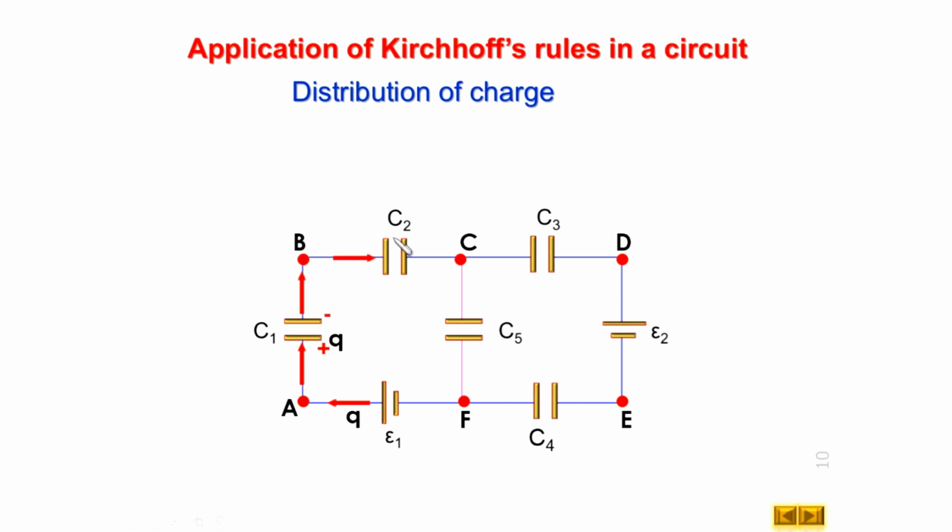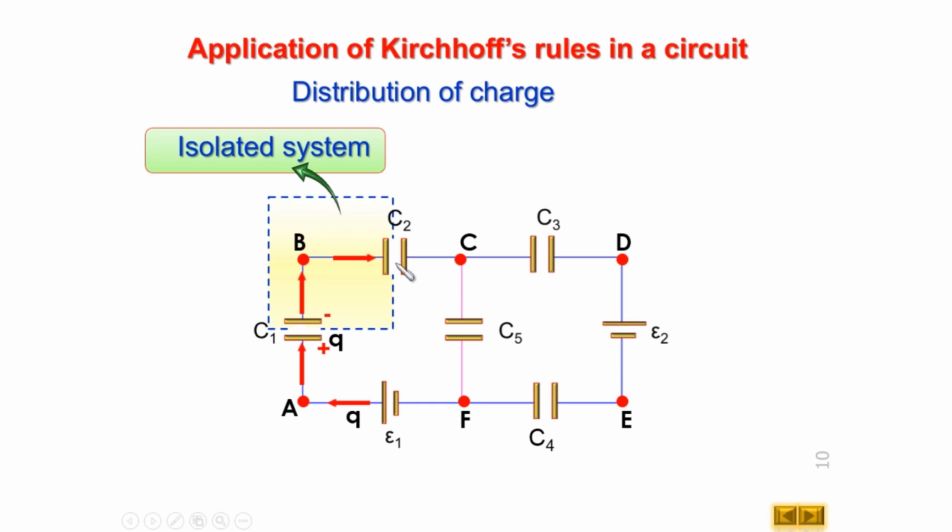Now we can observe here, this plate, that is the upper plate of C1 and the left plate of C2, is forming an isolated system. And we know in any isolated system the total charge should be 0 if the initial charge is 0, because we know initially these plates are uncharged. That means after supplying the charge through the battery also, the total charge of this isolated system should be 0. So we know this charge is minus Q. That means the charge on this plate should be equal to plus Q.